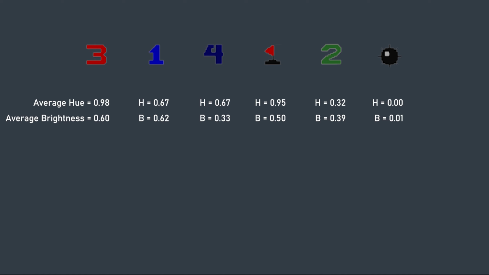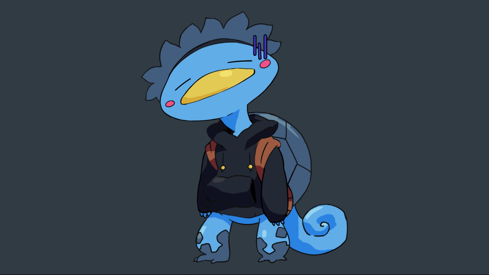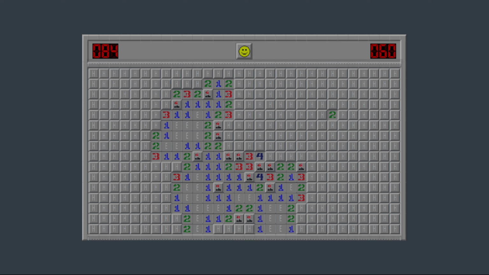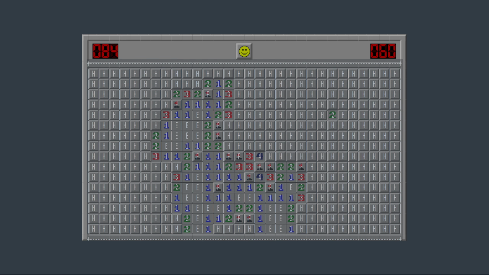For instance, if when attempting to identify a cell, the average hue is around 0.67, then it's a blue cell, which is either a 1 or a 4. Then looking at the brightness, you can tell them apart. It took a long time calibrating these values, especially with the 7 being black like mines and the flag being red-ish, but also black. It wasn't very interesting. But we're here now and can parse the grid into my own grid model. Nice!